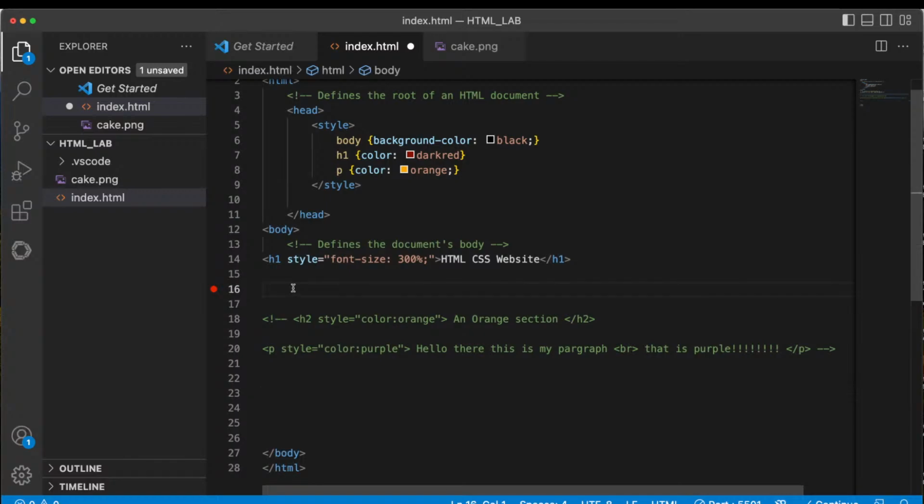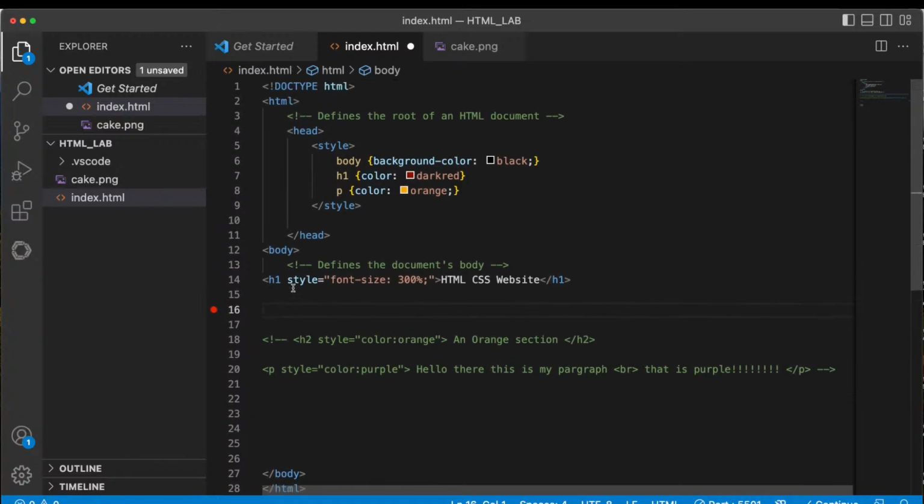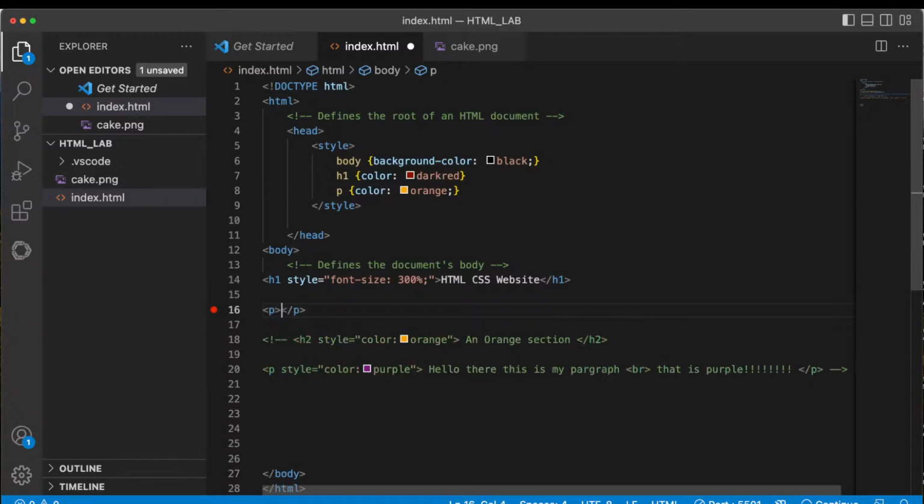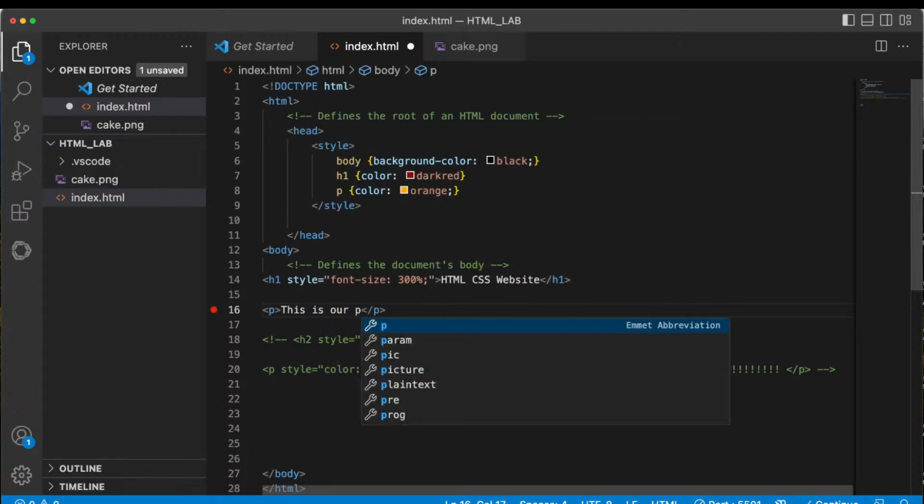And so I'm going to add right here so you can see, for instance, we already have an H1. So we look up here. H1 is going to be dark red. And so let's go ahead and add a P. And so after we do that, this is our P tag